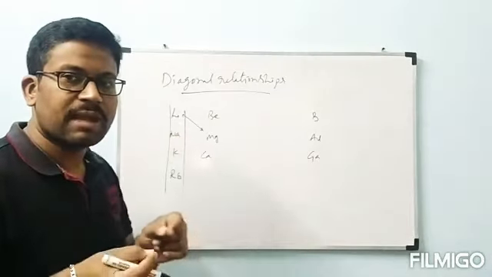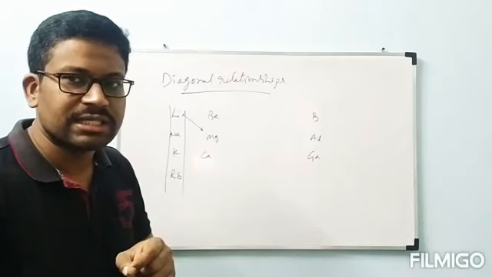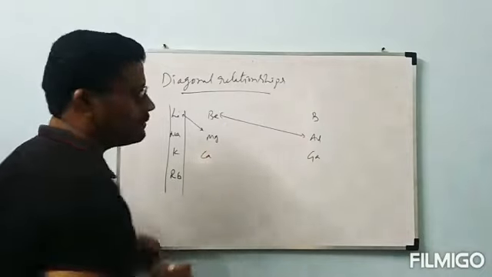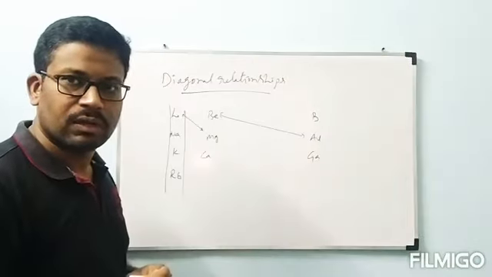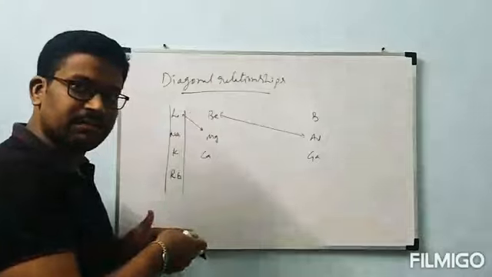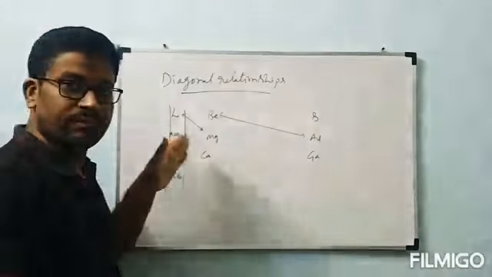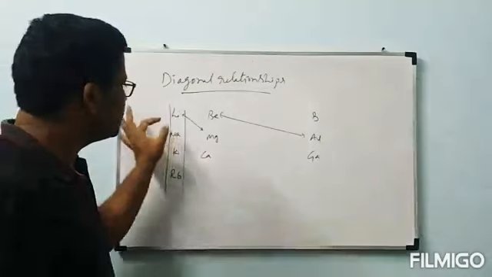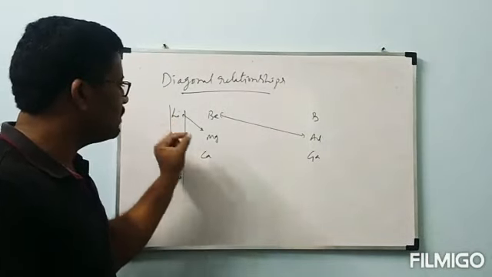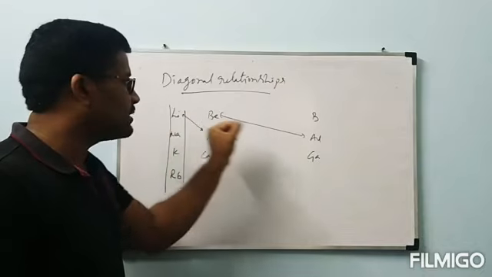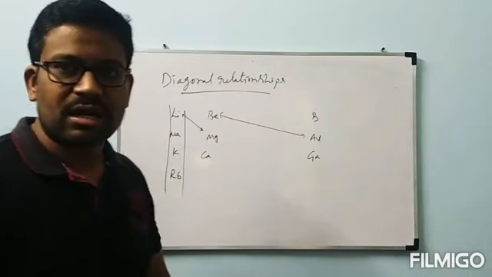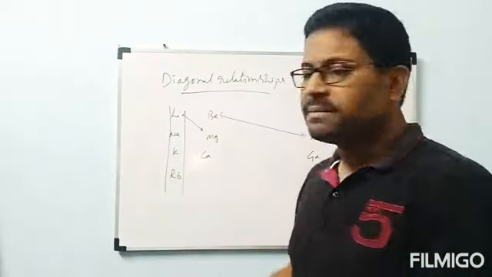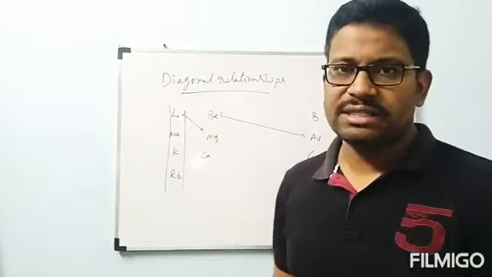Lithium will show some very weak characteristics with magnesium. Beryllium will show weak characteristics with aluminium. Instead of showing only vertical relationship, beryllium and lithium are able to show diagonal relationship also. Lithium is showing some characteristics with magnesium and beryllium is showing some characteristics with aluminium. This is called diagonal relationship. Because of this diagonal relationship also, very few properties are there. That is enough about this one.